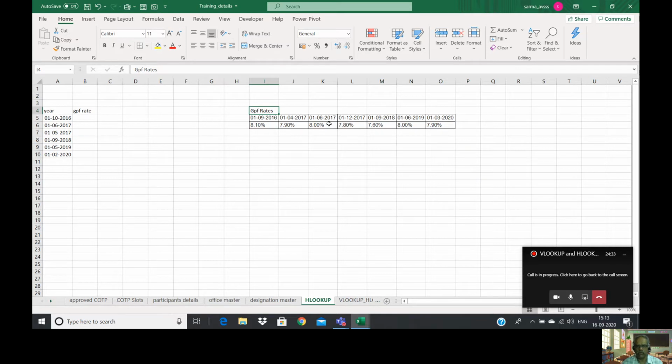Right, and from 1/7/2017 it is 8%. So these are the changes of GPF rates. Now here we have some dates, right? We want to find out what is the GPF rate against this month, right? We assume that. Observe that. I will increase the font.